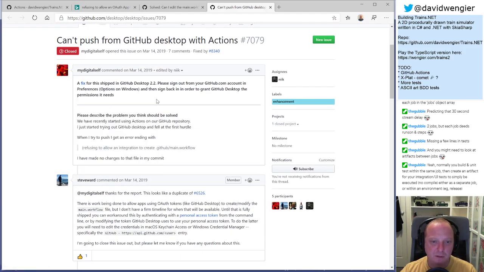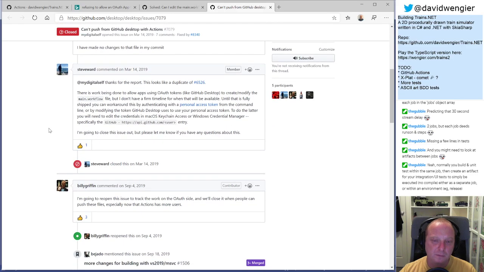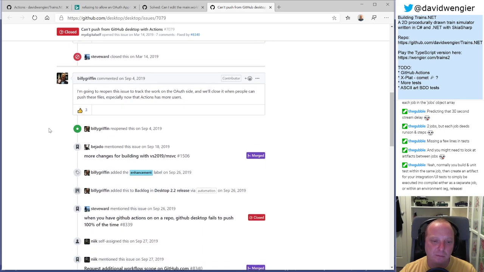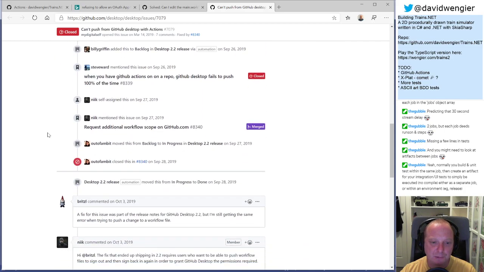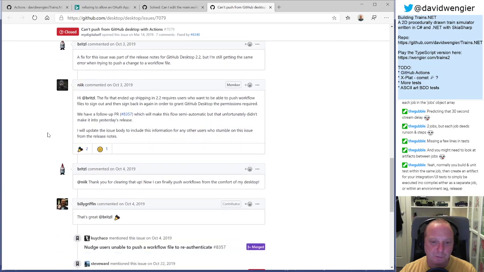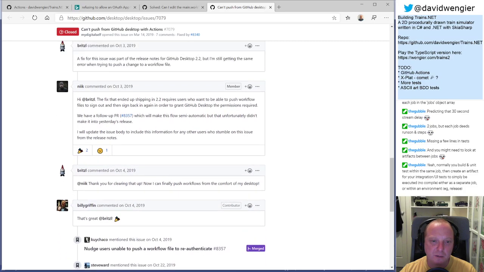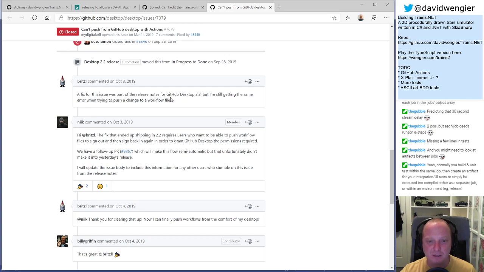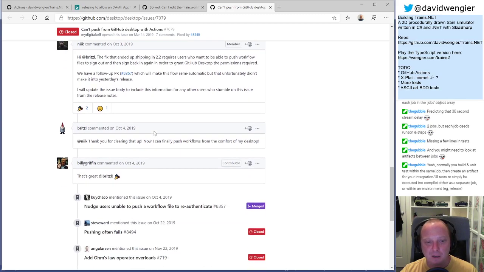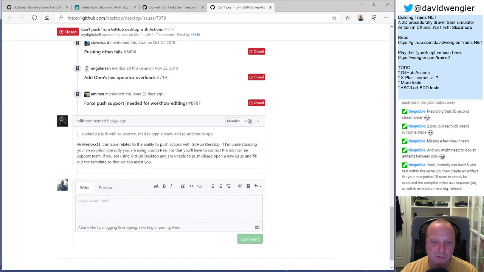A fix for this. Okay, so I need to update my credentials, it looks like. It's interesting they fixed this in GitHub Desktop. That implies that VS needs to fix this. I am using Preview,